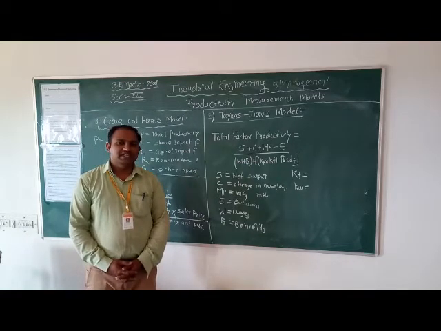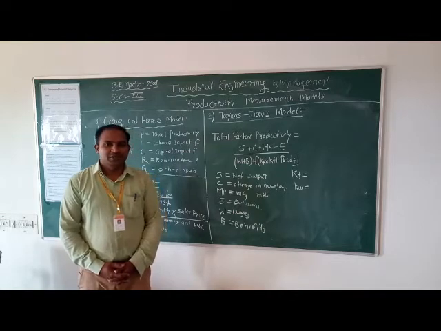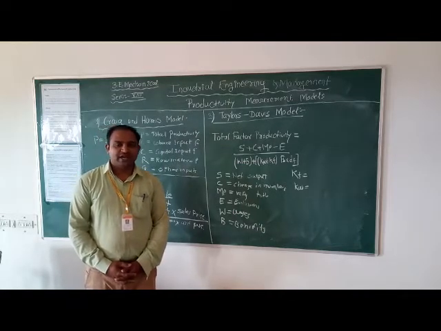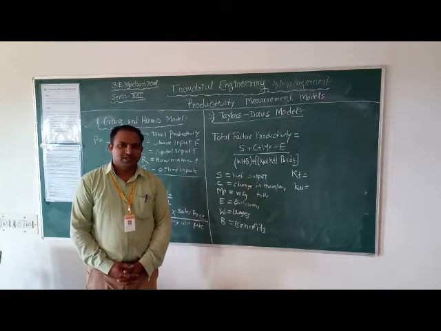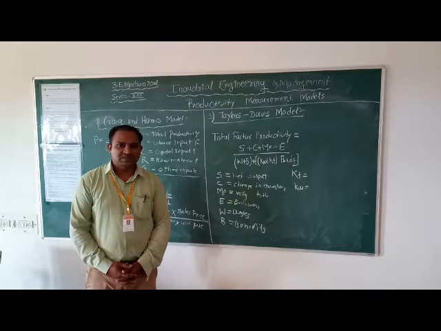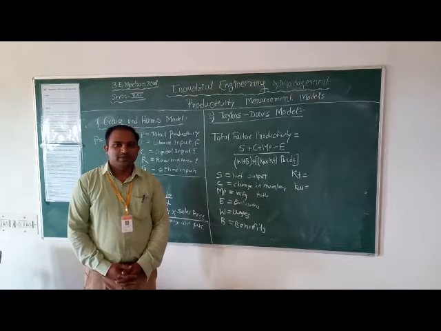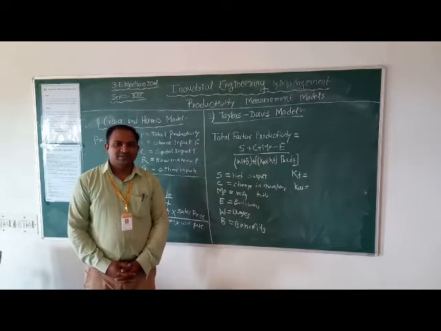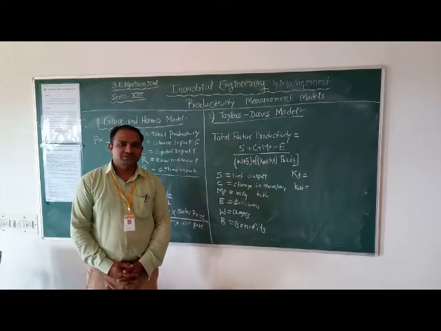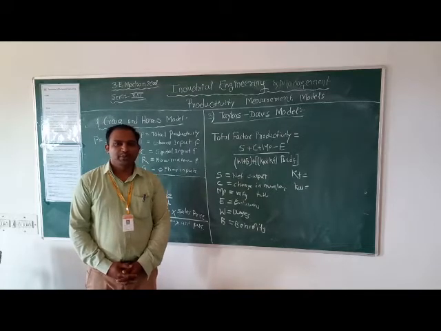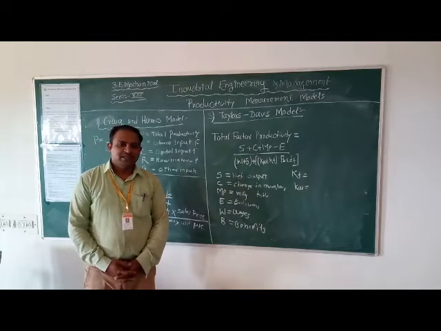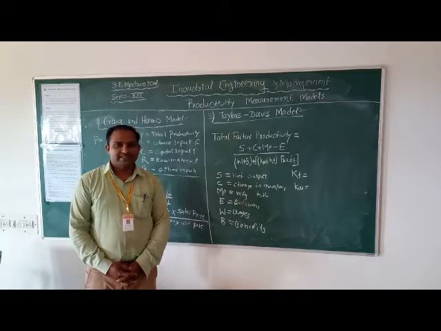Productivity in industry is mainly used to rate the workers according to their skill. Productivity means to produce more and more and to use fewer resources. Productivity is a quantitative term where the resources produced are compared with the resources used to produce them. There are a number of productivity models or productivity techniques.